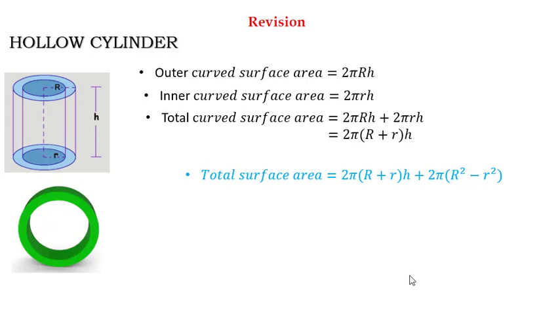So for hollow cylinder, the total surface area is total curved surface area plus cross section area, 2 times, because one at the bottom and one at the top, or one at front and one at back. And volume, we have pi capital R square h minus pi small r square h, right? From this outer volume, I will subtract this inner volume. Both are cylindrical in shape. So outer volume is pi capital R square h and inner is pi small r square h. So this is the formula for volume of hollow cylinder.